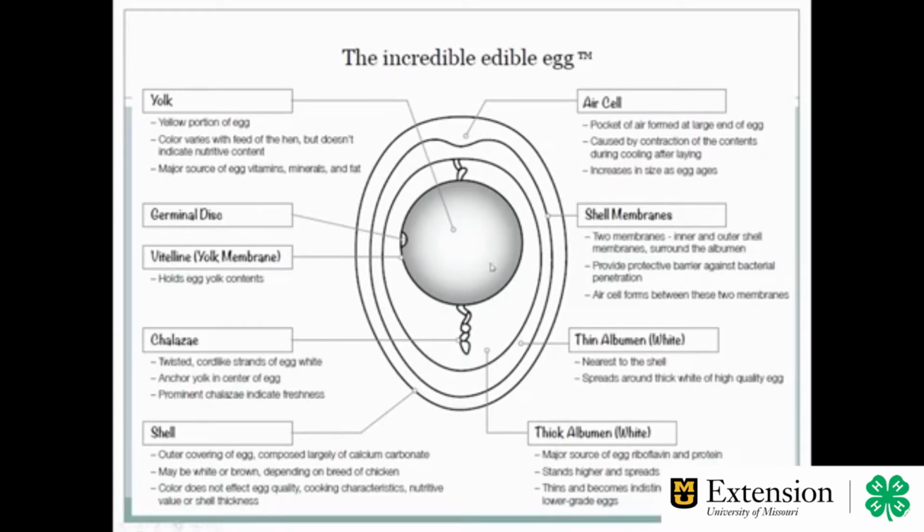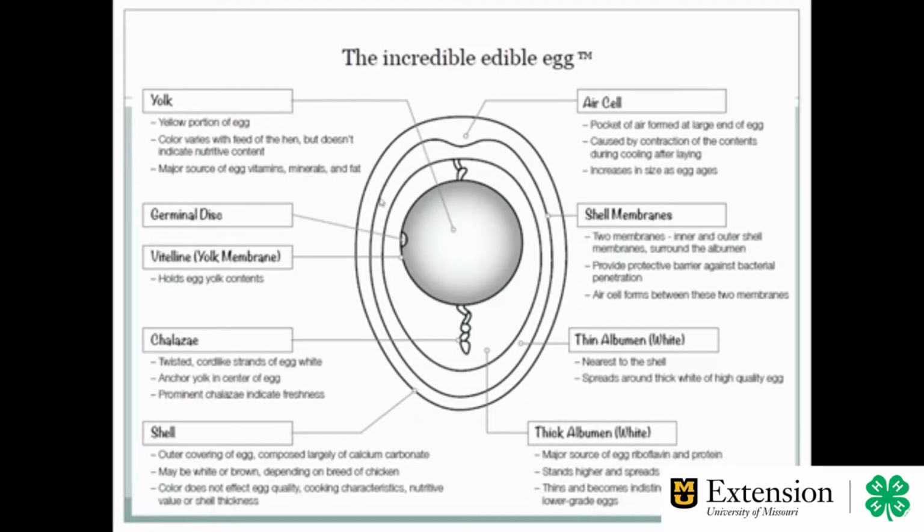And then next we have the chalaza. The chalaza here is a fibrous material. It's kind of like a rope structure on both ends of the yolk. And their job is to suspend that yolk inside the shell so that it's not touching the sides of the shell. The shell is made up of mostly calcium carbonate and has thousands and thousands of tiny little pores in it